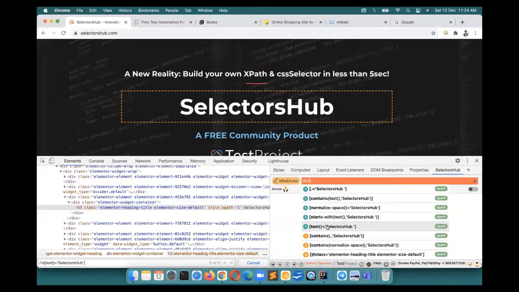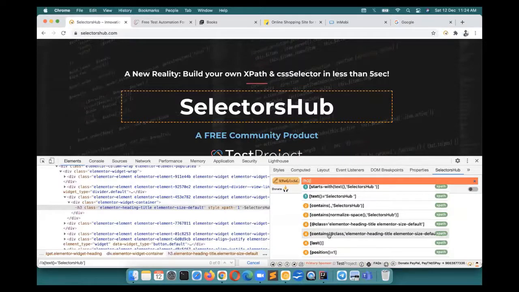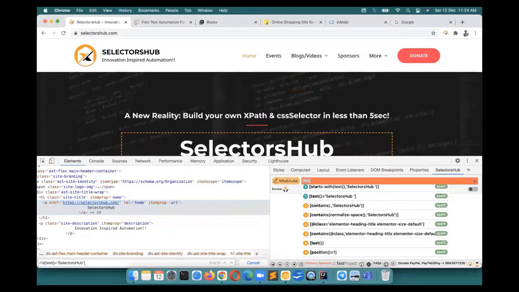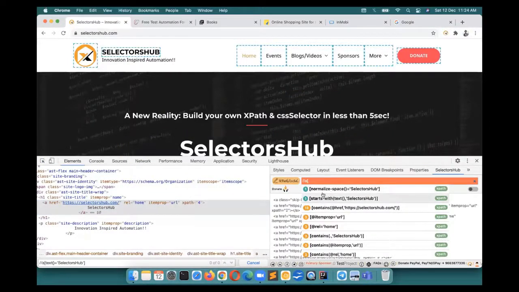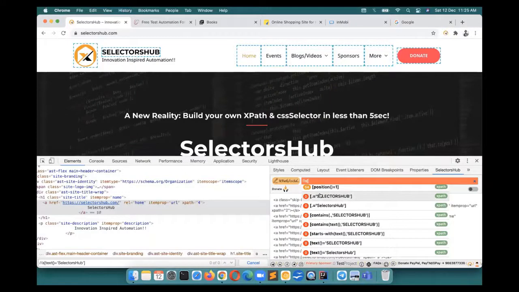So what all functions could be possible, and then along with their occurrences, and what is not possible as well, it used to show. For an example, if you inspect this element, the one for which we have written here, now you see that it will show you all the occurrences along with the zero matching node as well. So why is it showing zero matching node? Many times it happened in interviews, and from a learning perspective, we thought, why is this not possible for this element? So it tells you that for this it has zero matching nodes, so that is the reason that you cannot write this selector.